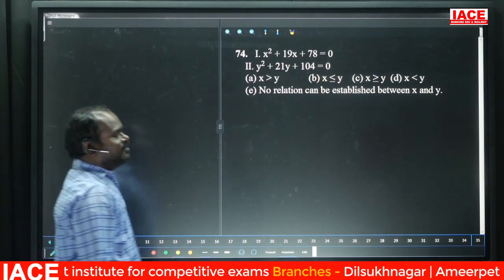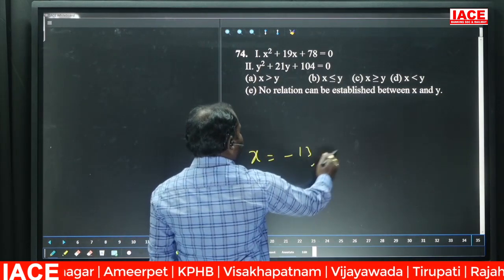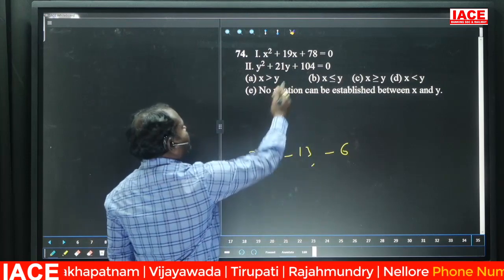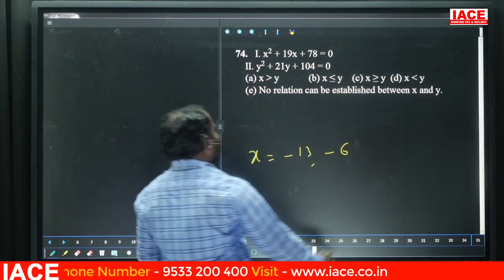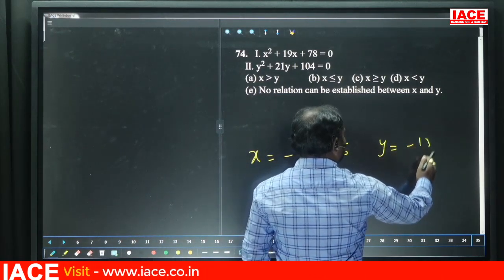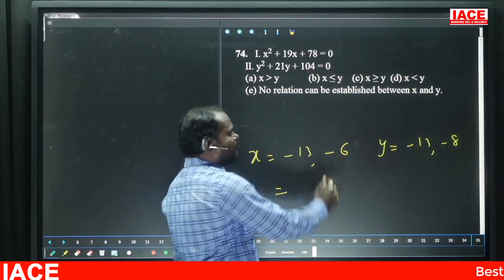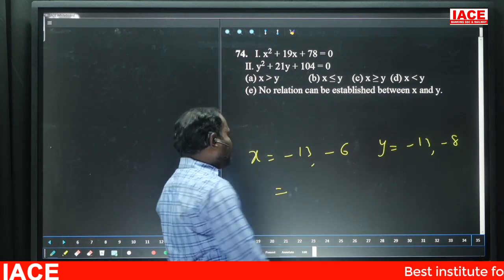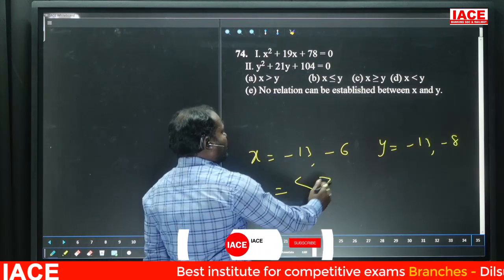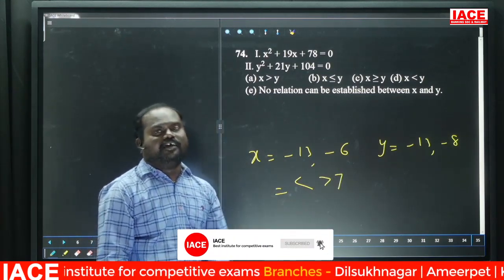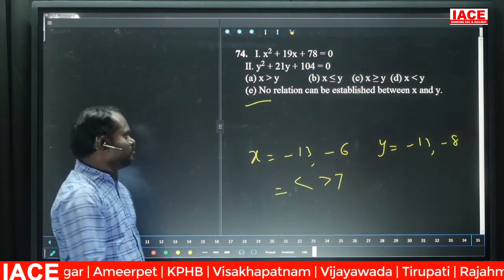78, 13 6s is 78. 13 plus 6 is 19, so x values are minus 13 and minus 6. 104, 13 8s is 104, 13 plus 8 is 21, minus 13, minus 8. Whenever both are minus 13, equal, and minus 13 compared to minus 8, lesser one, but minus 6 is greater than both. So whenever one is lesser and one is greater, we can't say the relation, the relation cannot be established. So obviously option E, no relation. Next,